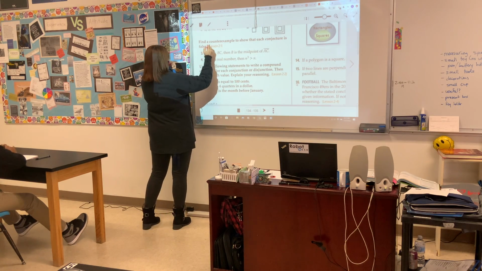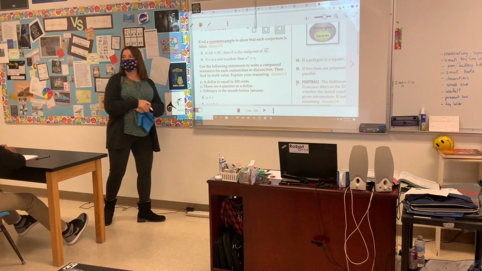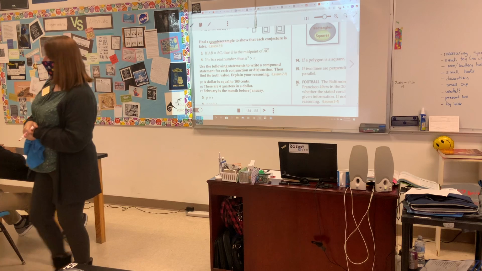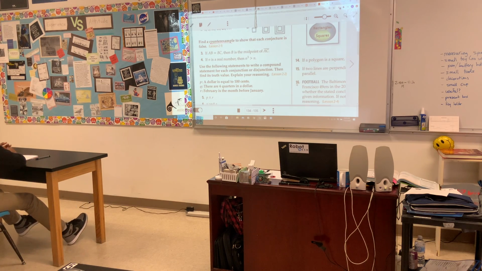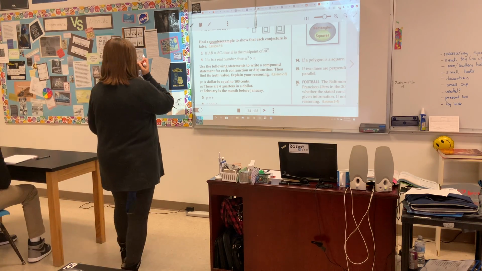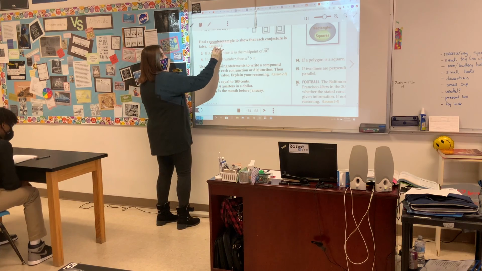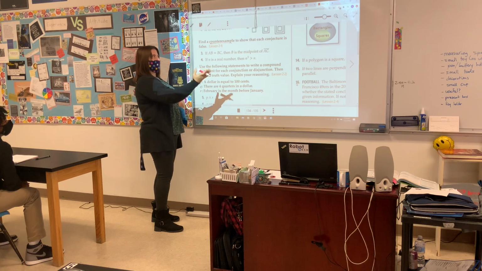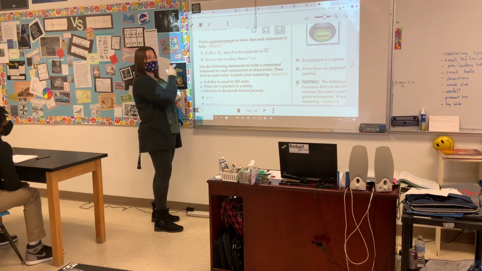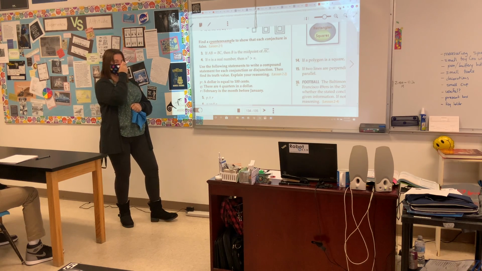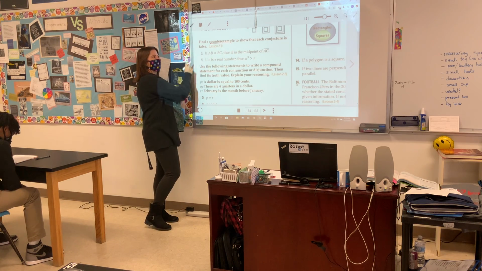What's a counterexample? How would you describe what a counterexample is? An example that proves that something is false, that something is incorrect. Okay? Example, typically we think of showing something true. Counter means it's the exact opposite. Kind of like clockwise, counterclockwise. So we have something that is disproving or showing something false.